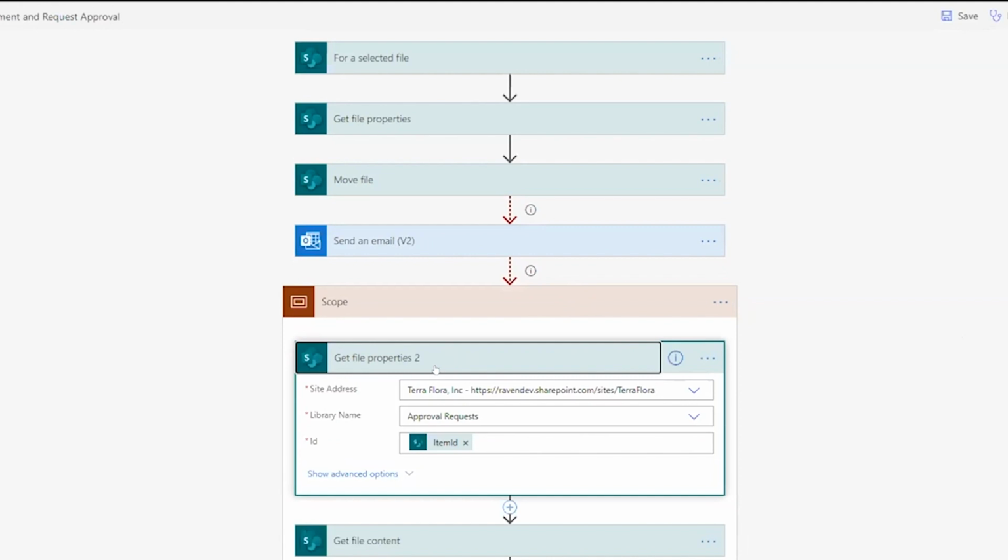We're going to go ahead and do a get file properties. This is the second version of this. I have not renamed them. You'll want to make sure you name these properly when you're doing this in production, but for demonstration, we do